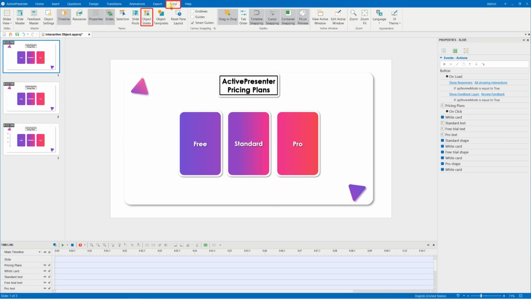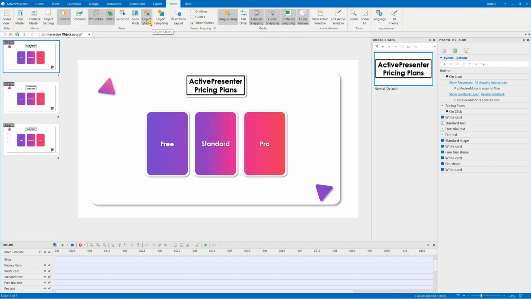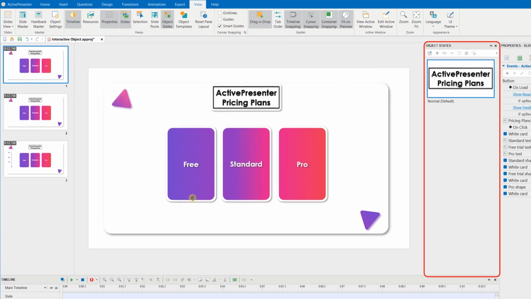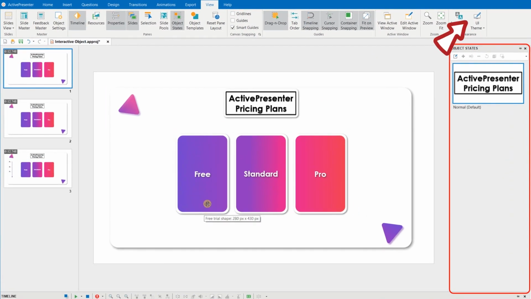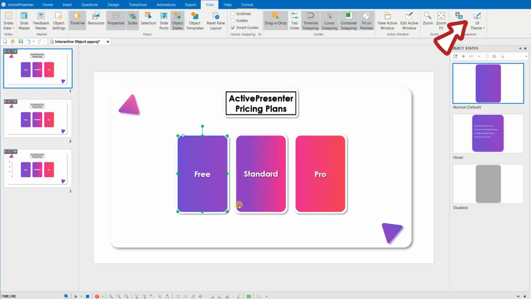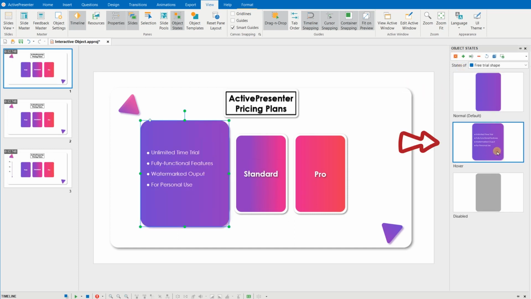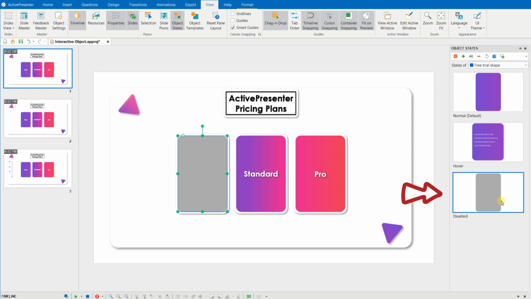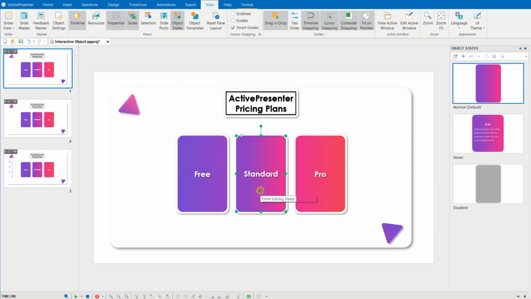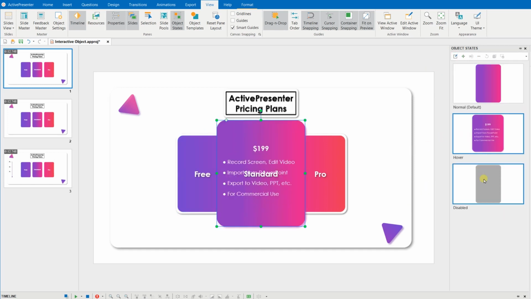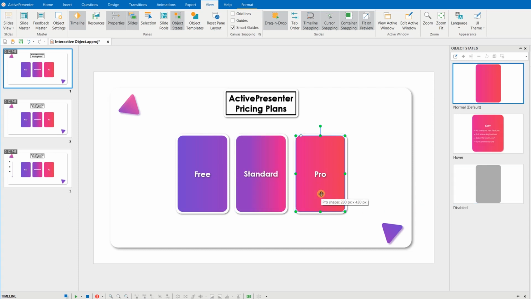First, open Object States in the View tab to see the states of each object I've set up before. Click the video at the top right corner here to see how to customize each state. So basically, there are 3 states of each shape: normal, hover, and disabled. While normal and disabled are the default states, hover is the state we added to show the hidden information later